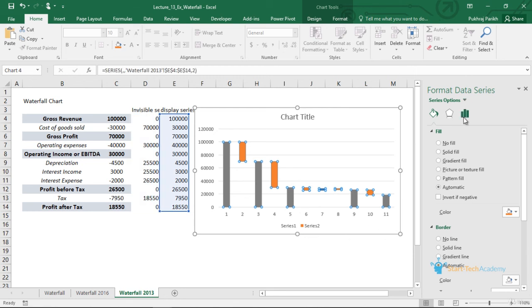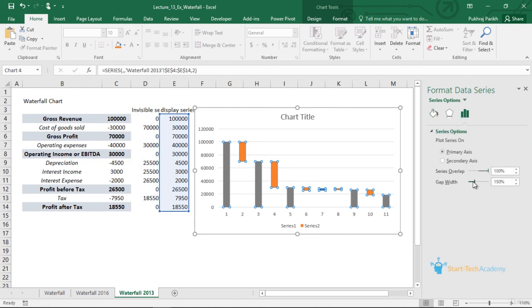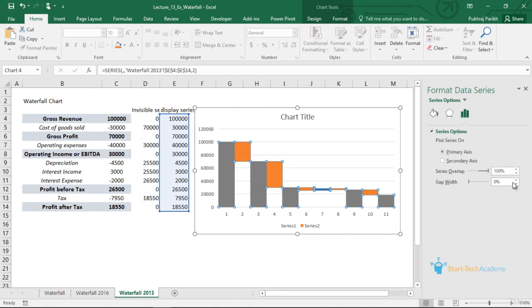If you are on Excel 2016 or later, it is really simple. But if you are using Excel 2013 or earlier, you'll have to do this the longer way. That's it for this video.